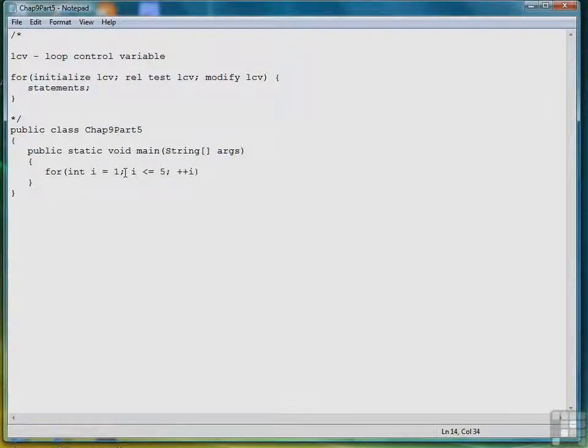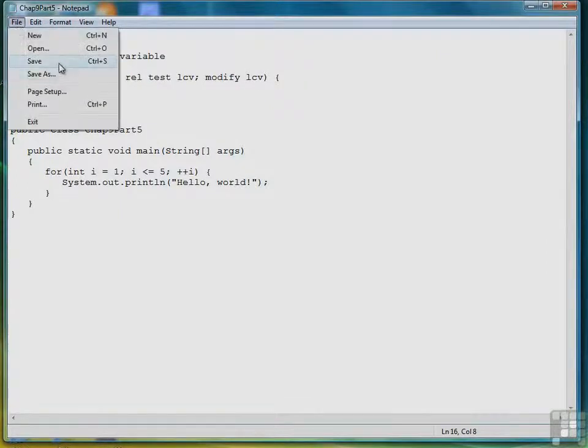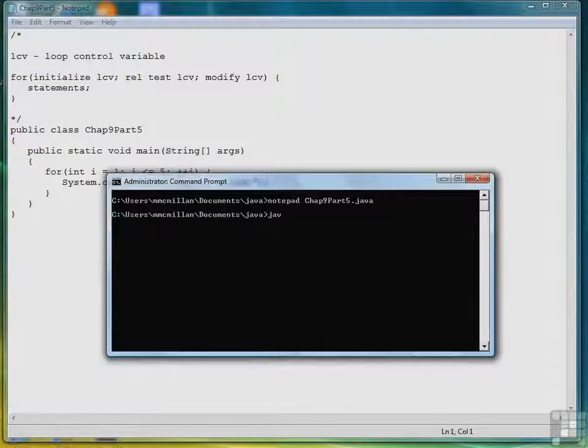So notice how compact the for loop is. We get most of our work done in these 3 very simple statements. Then we open the body, move over underneath it, and write System.out.println hello world, and then close the body of the loop. And that's all we have to do. So let's compile and run this program. We'll save it, javac chap 9 part 5.java, and then java chap 9 part 5,